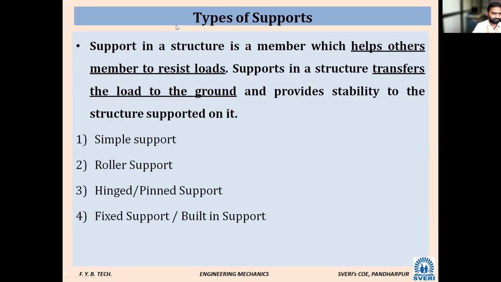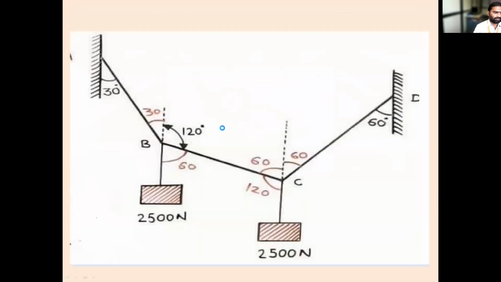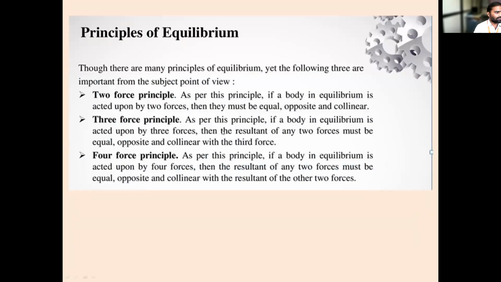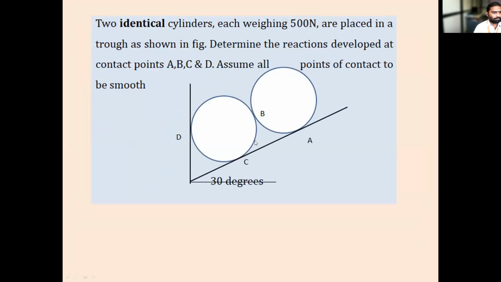Welcome back to the session of engineering mechanics. In the last class we have seen this problem. The spheres are of the same diameter. In this case, what is the main intention? I have to find out the reaction between the two spheres, and find out the angle. That is important. Can you tell me what is the angle made by the reaction RB?